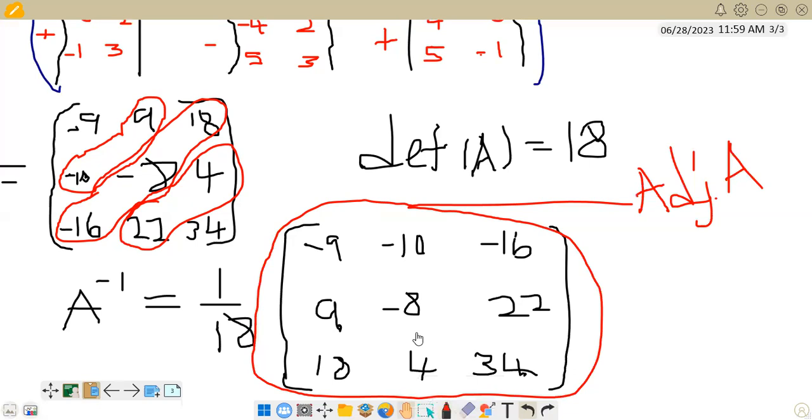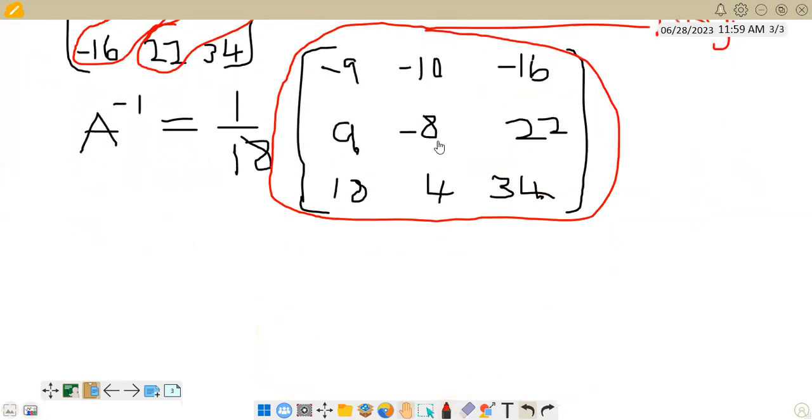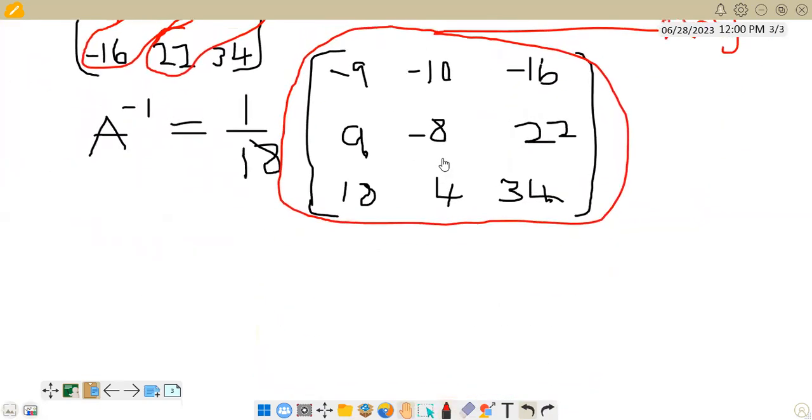Yeah, so then what we need to do now is multiply the reciprocal of the determinant times each and every element in